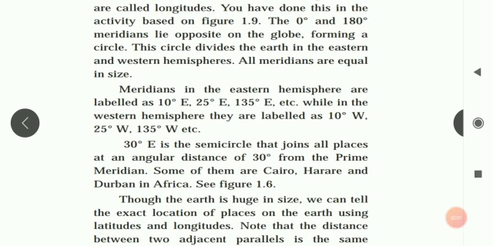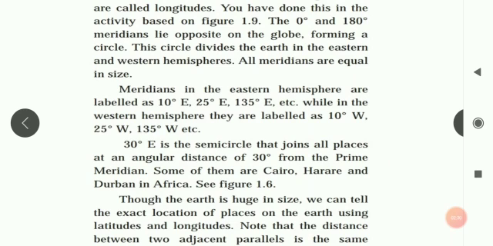Because you know very well, meridians are what, children? Meridians of longitudes are the vertical lines, and because of these meridians of longitude, which two equal parts of the earth do we get? Western and eastern hemisphere. So while writing for longitudes, we always have to write down either east or west. Remember always. And while writing for latitude, we always have to write down north or south.